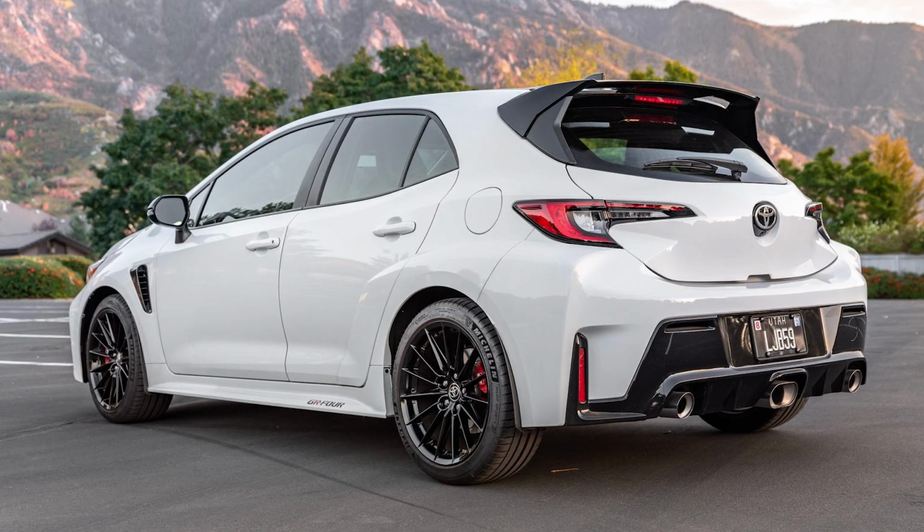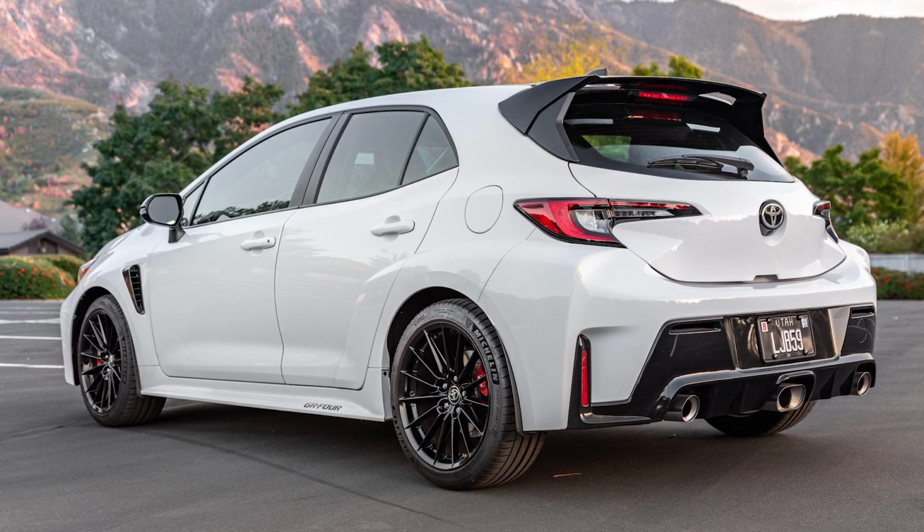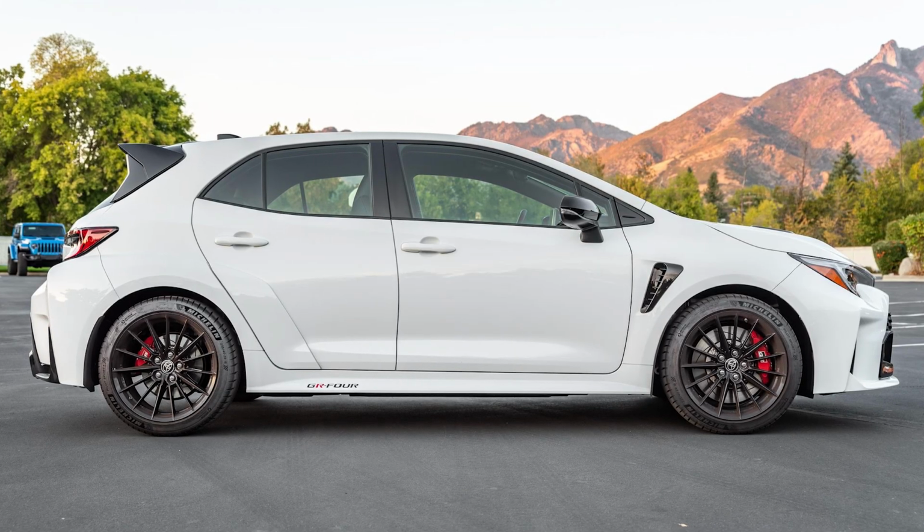Yeah, 300 horsepower, 6-speed manual, all-wheel drive. And I legitimately think that the Circuit Edition, which this is, is the right middle ground. The Morizo Edition, which was the most hardcore, doesn't have rear seats. Yeah, that's a little aggressive. That's a bit much for daily life. But this does, while still having